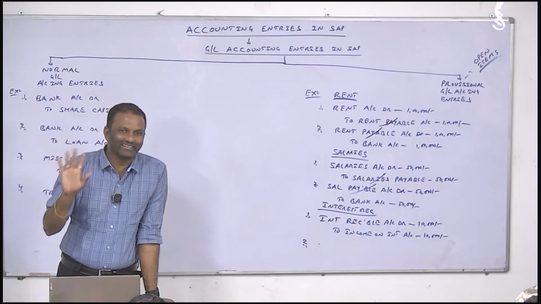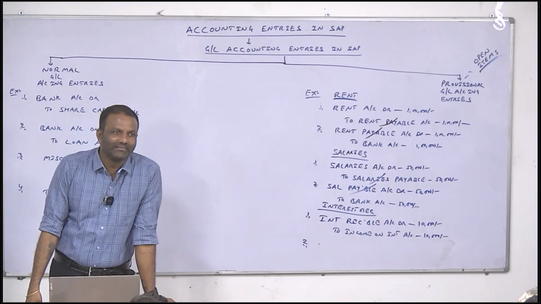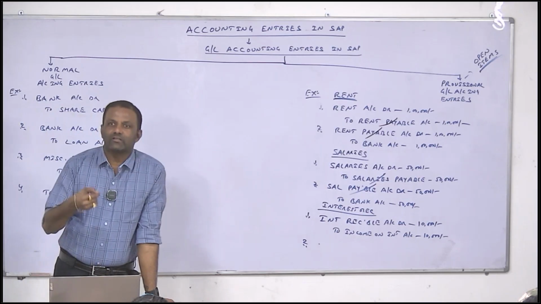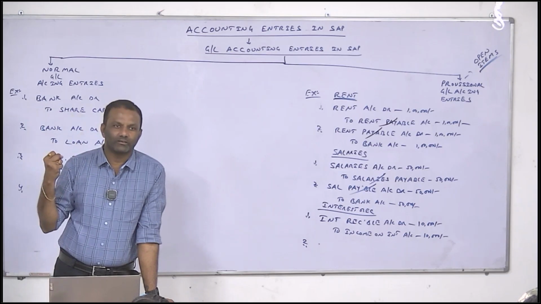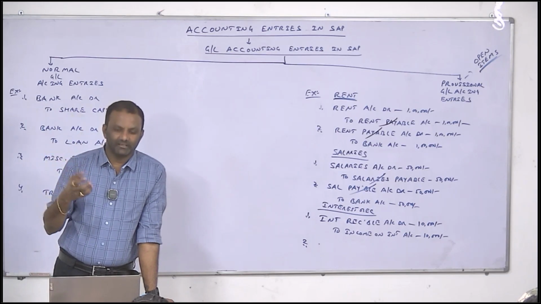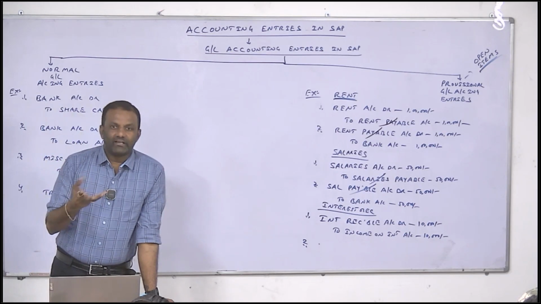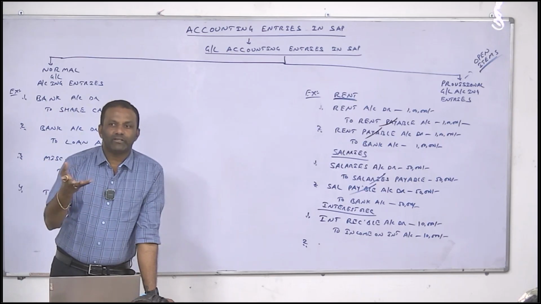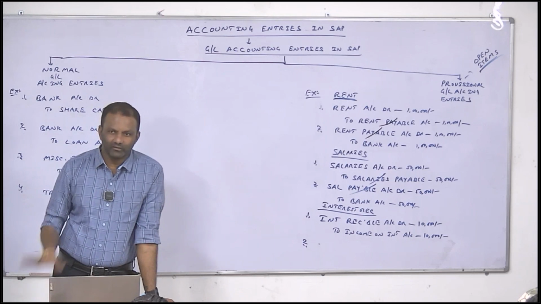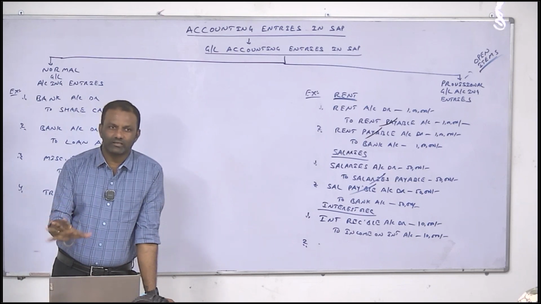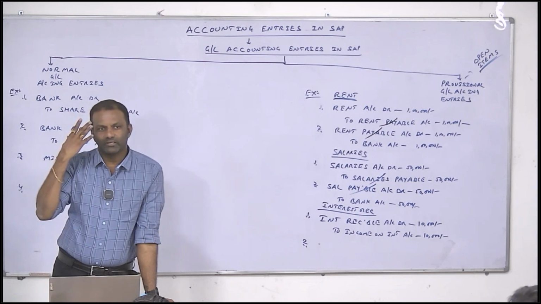Hope you got my point. Just give some 10 to 20 seconds to your brain, collect the answer in a proper way. In a hurry to give the answer, 90% of people will give wrong answers. Hope you got my point. Give some 10 seconds, 20 seconds time. Take an input to your brain, then give the answer.